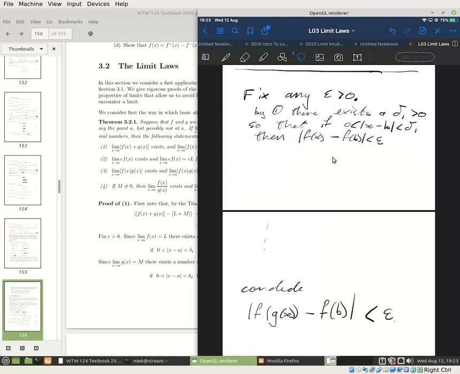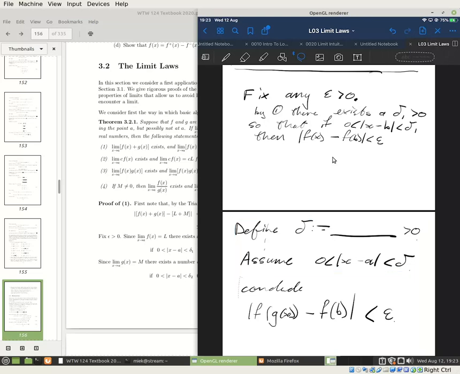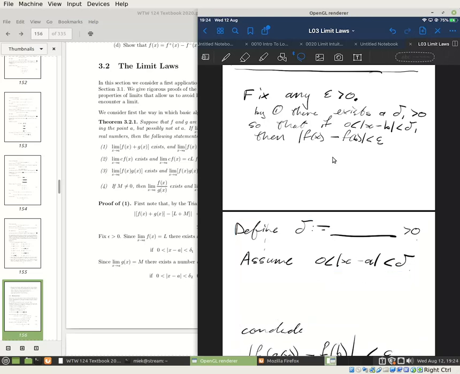Cut, paste. There we go. Okay. But now, what we will do is, let's set